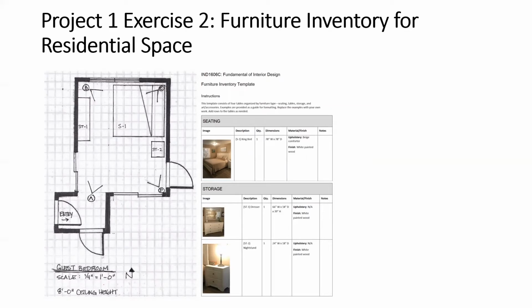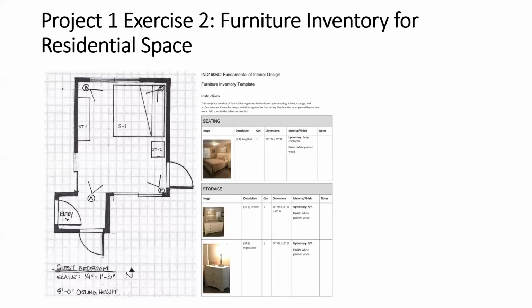And so you can see here on the left-hand side is our floor plan that we've seen many times before, but what has been added are furniture designations. Each piece of furniture, and lucky for us, there's only 3 in here, has been given a furniture designation that corresponds to the furniture inventory template that's been provided in the assignment. The template is broken up into different categories: seating, storage, tables, art and accessories, etc. I've isolated the pieces of furniture within this room and taken photographs and cropped them and put the image within the table of the furniture inventory.